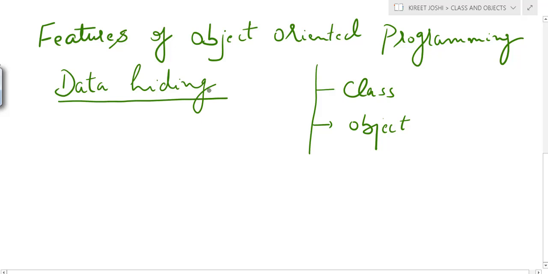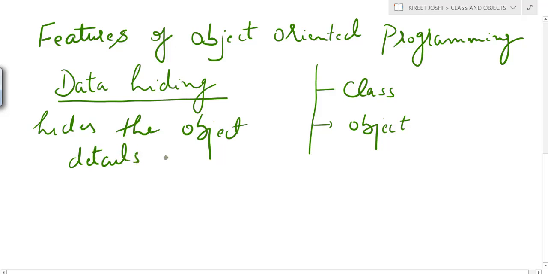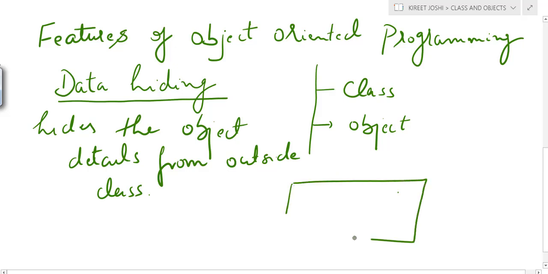Data hiding is basically the property of object oriented programming that hides the internal object details from the outside world, you can say, from the outside class. The object details means that the object comprises the data variables.